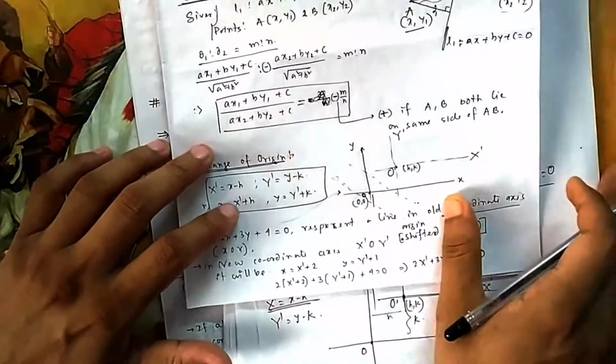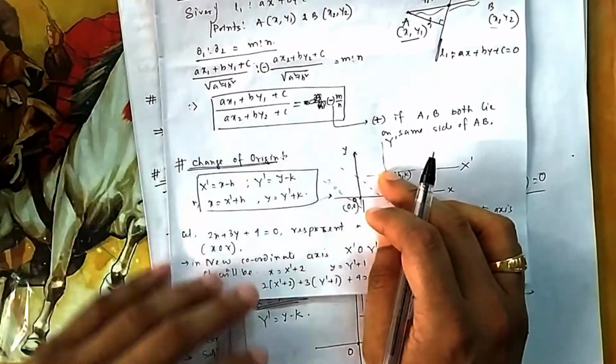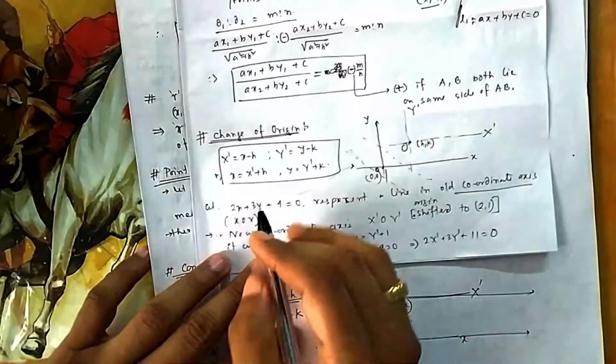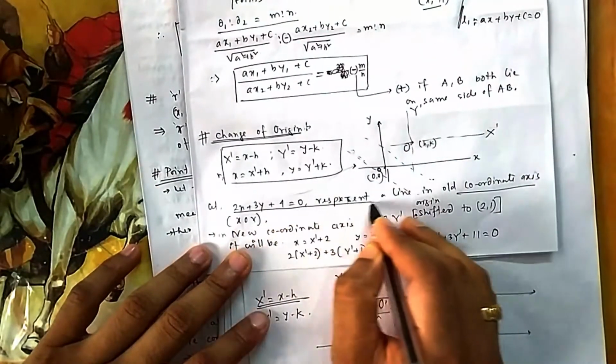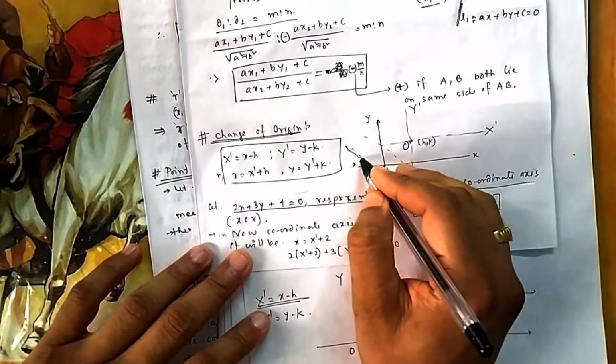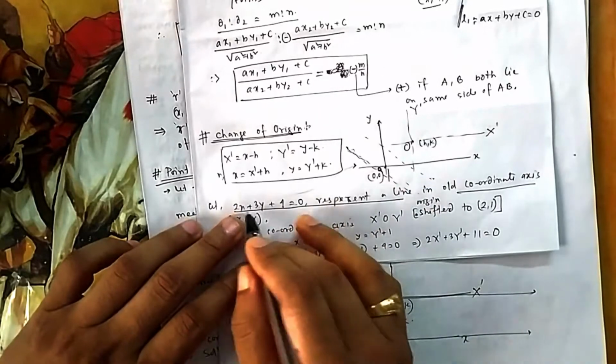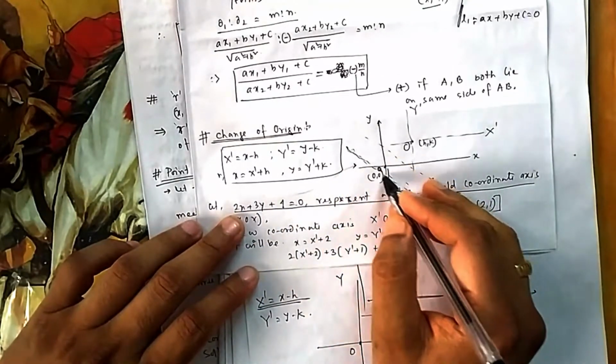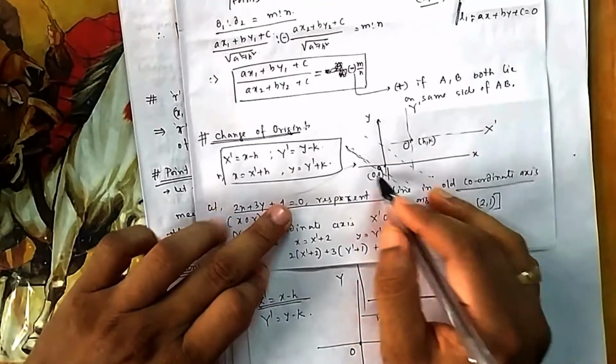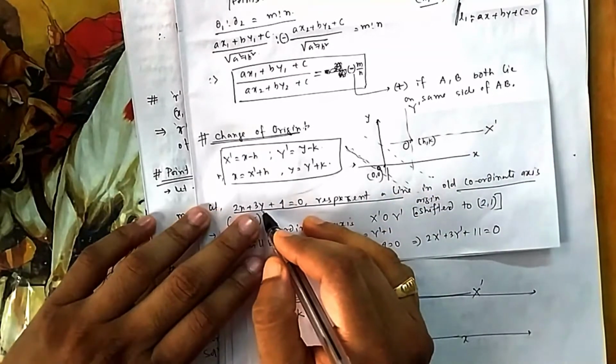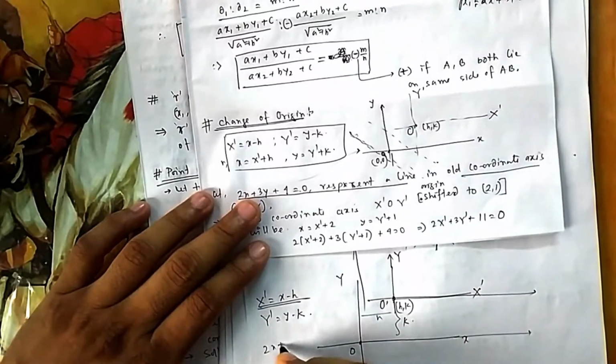Suppose you want to shift your origin. So you can shift it. I have taken a small example. Suppose this is a line, both intercepts will be negative here. Suppose this is the line 2x plus 3y is equal to minus 4. X intercept is negative, y intercept is also negative. How have I drawn this one? I told you to draw quickly.